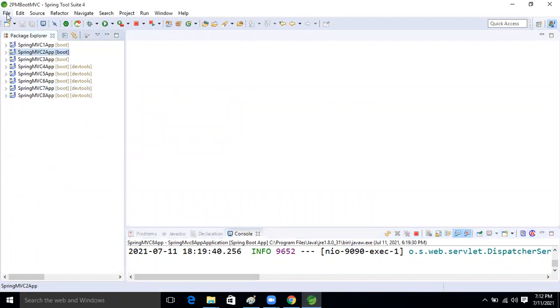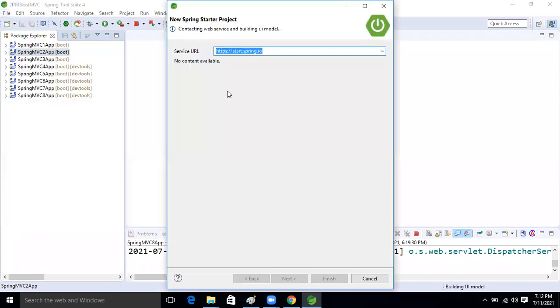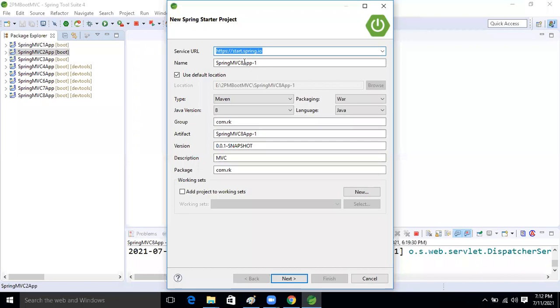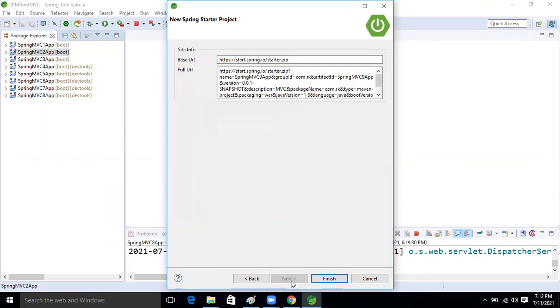So here I'm going to take File, New, and take Spring Starter project now, guys. Then let's take the Java 9 application. Next, select Lombok, Thymeleaf, Spring Boot Dev, and Spring Web MVC, Spring Web, right?